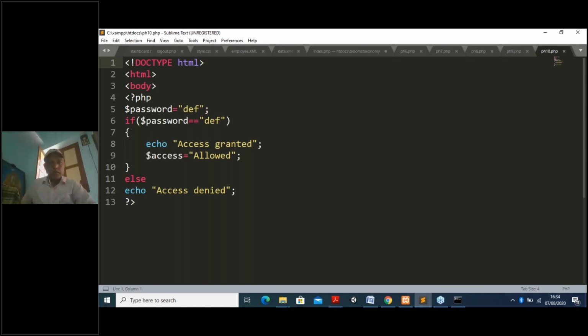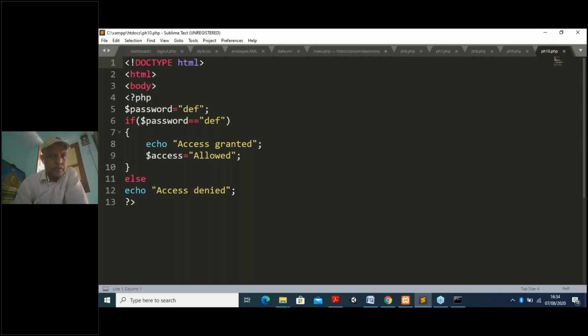Suppose I declared my password is equal to df, something random. If password is equal to df, then echo access is granted and access is allowed, else access is denied. So my password I have declared df. If your password is equal to the same df, then it will show access granted and access allowed. First I will run this program.